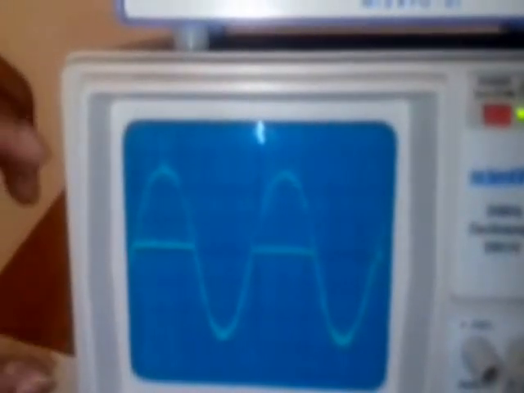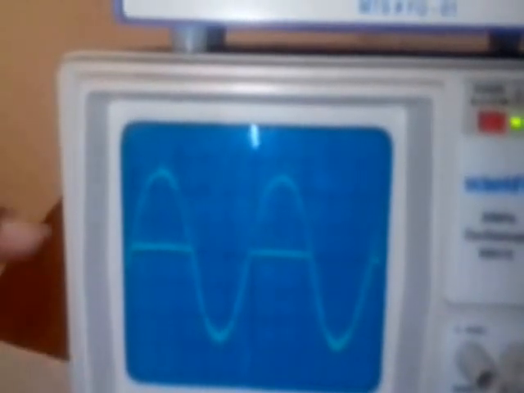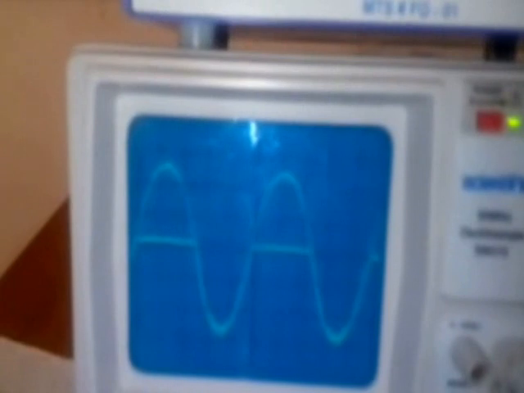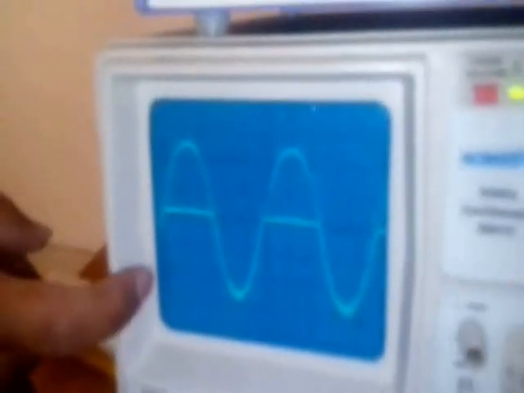If you closely observe this CRO screen, we are observing 0%, 10%, 90%, 100% markings. Whenever we want to calculate the rise time by using the CRO, we need to adjust the signal from 0% to 100%. The peak-to-peak signal should be available from 0% to 100%, and we have to measure how much time it takes to change from 10% to 90% horizontally. Because rise time is time, which is on the x-axis, we have to measure how much time it takes to rise from 10% to 90%. That can be obtained easily. Rise time can be calculated by the CRO.